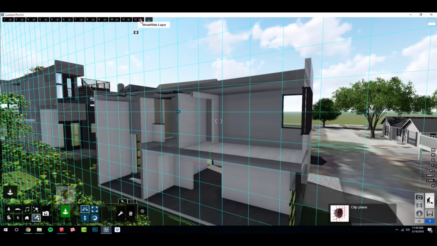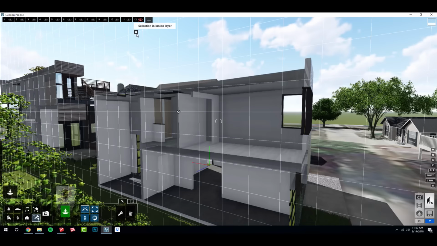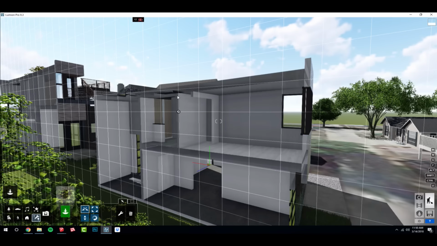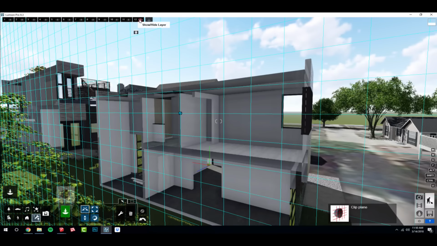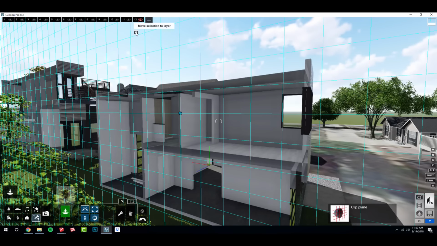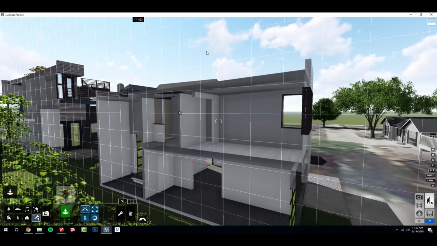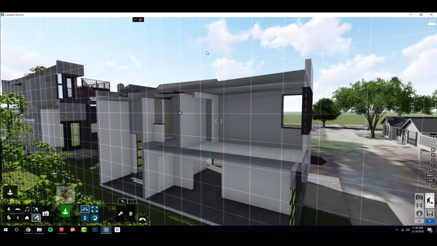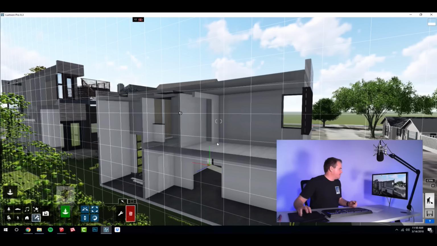And then if I turn the section plane off, there. No. So it's not controlled by layers. Oh well. So anyway, you can add a section plane, but you don't have a whole lot of control over it. But that's how I'd cut a section in